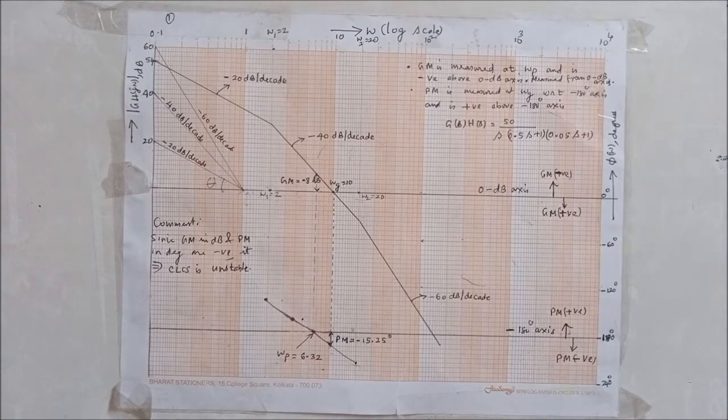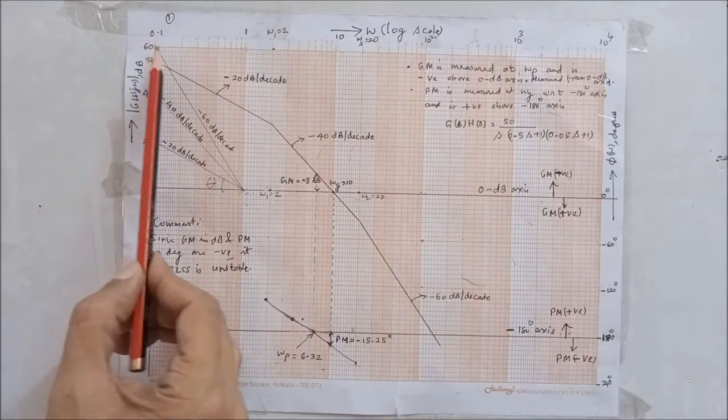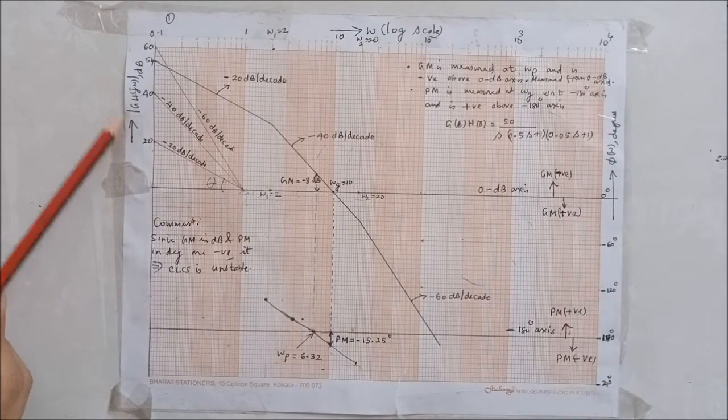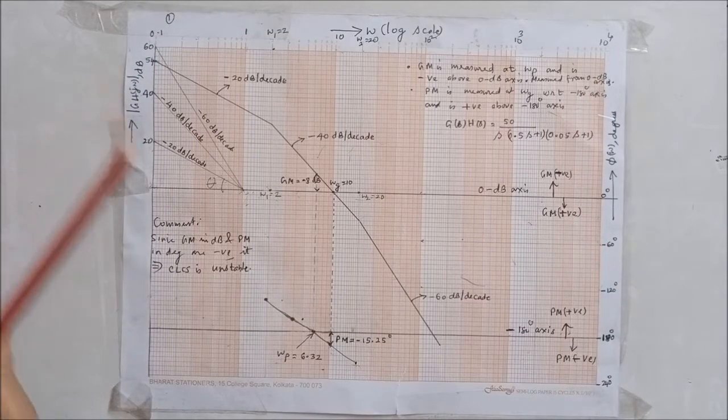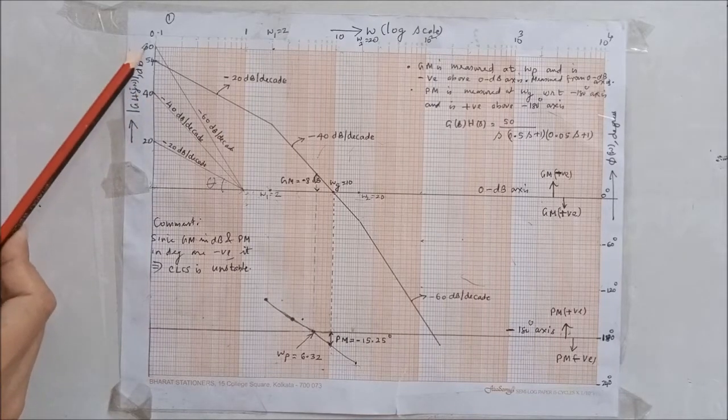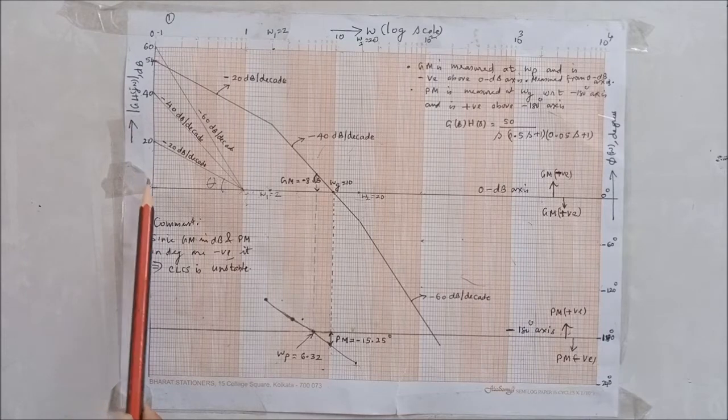So if you have a frequency range that starts at omega A and ends at omega B, and omega B is equal to 10 times omega A, then that frequency range is called a decade. The x-axis is omega in log scale. The y-axis is magnitude of GH of j omega in decibels. This is 0 dB, 20 dB, 40 dB, 60 dB. This is the 0 dB axis.